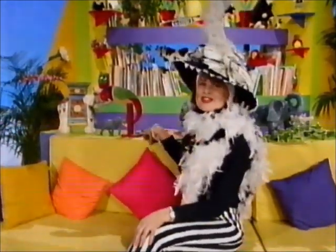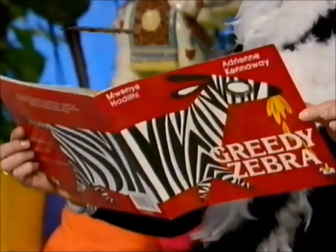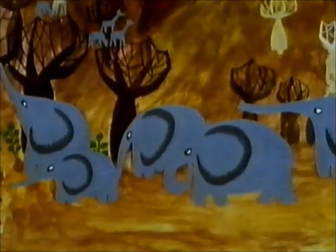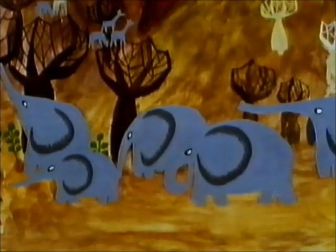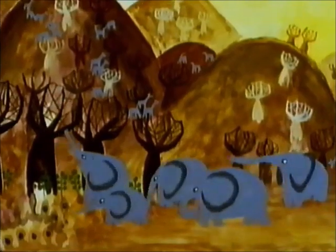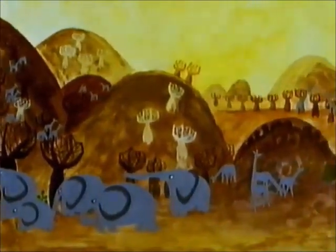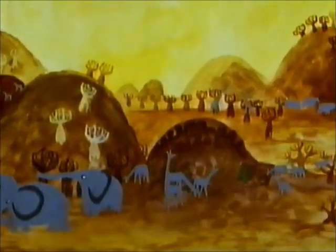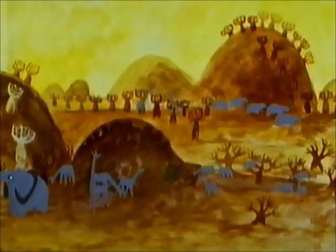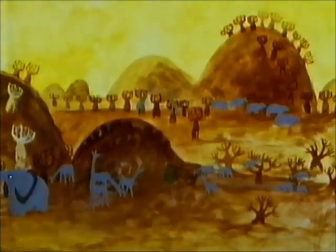Today's story is about a zebra. Greedy Zebra. Long, long ago, all the animals in the world were a dull, depressing colour. No coats, no horns, no spots, and no stripes. Just dull and dusty. Until